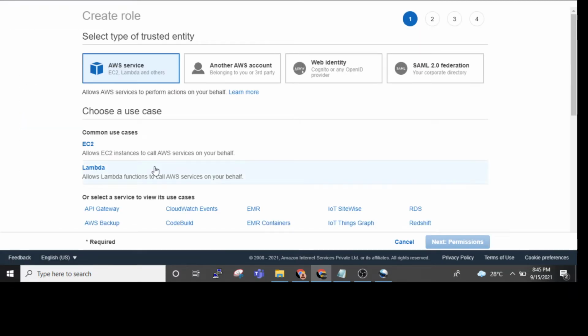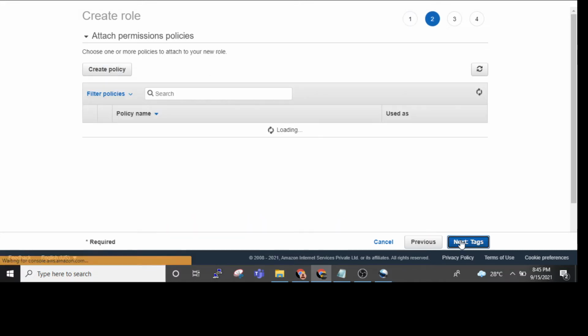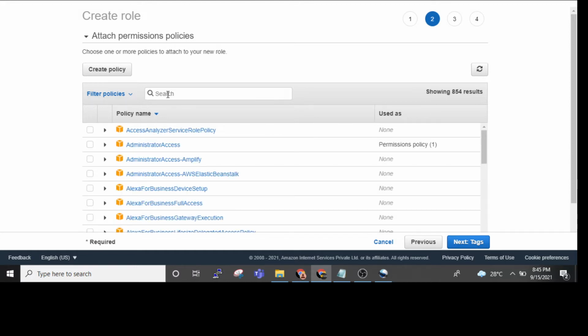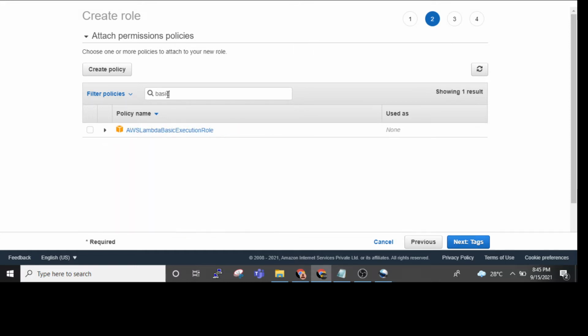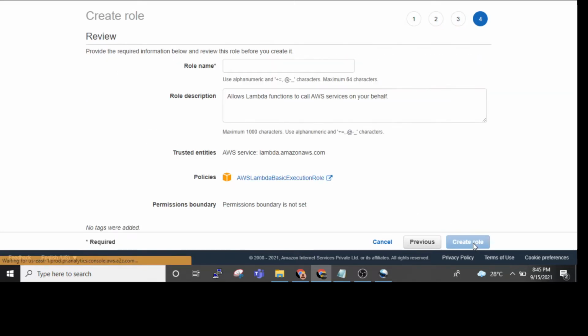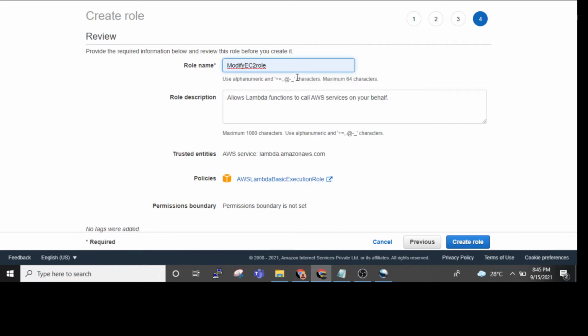So next here we need to select Lambda and next permissions, then select here Lambda basic execution role, and then next. Give here the name modify EC2 role. Okay, the same as written here, and then create role. So we have created the role, then we need to create here the policy.